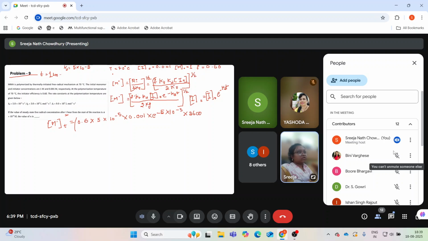So it is 3600 seconds. And this will give you 1.66 into 10 to the power minus 8 if we consider It is equal to I0 e to the power minus Kd t. If we don't consider this